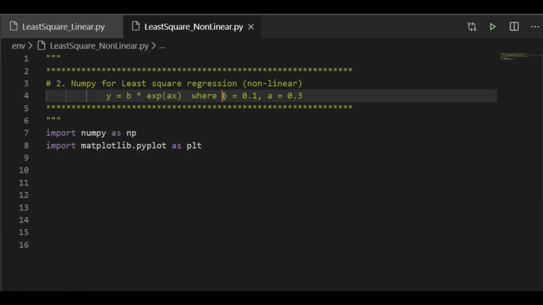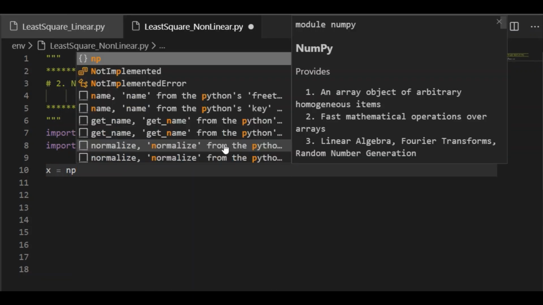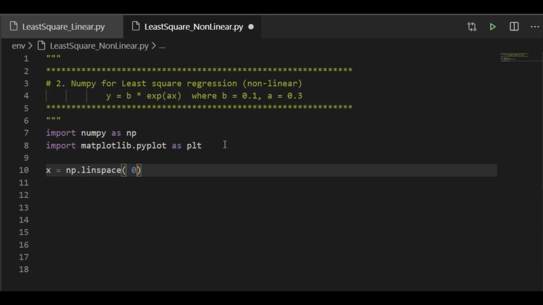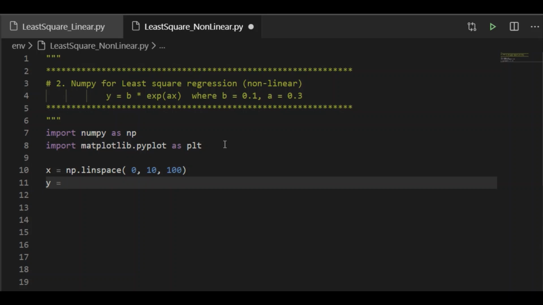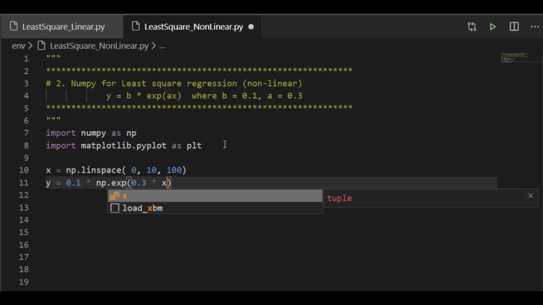Now we will see how to get least squares for a nonlinear function like y equal to b exponential a power of x. Again, let us create artificial data for x between 0 to 10. Let me take 100 samples by calling linspace so that it will be equidistant between 0 and 10.